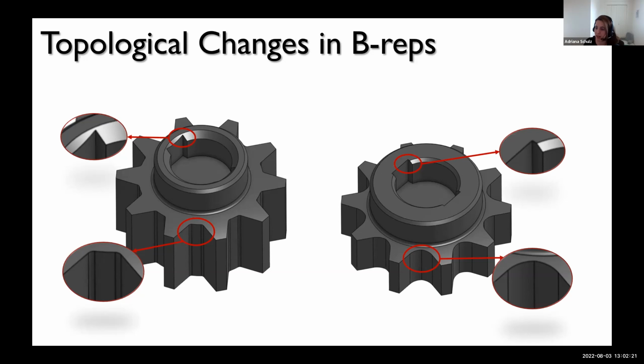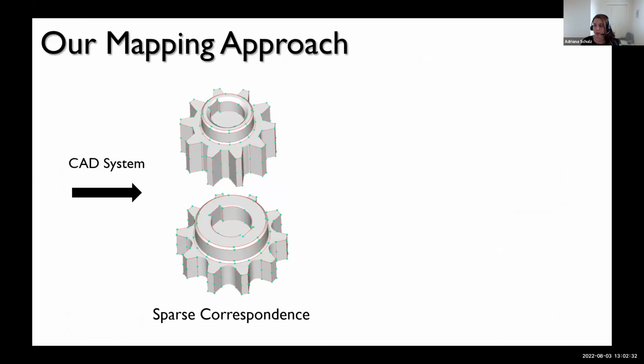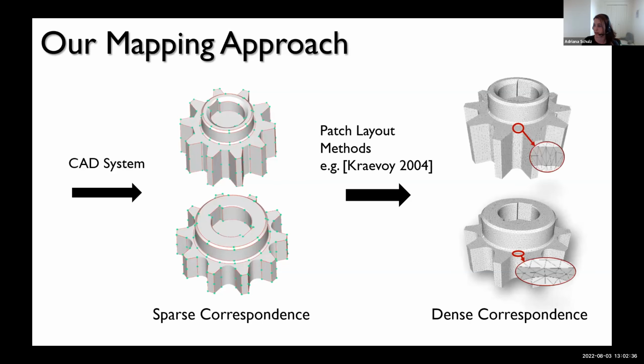So we can't guarantee that every single vertex, for example, of this BREP will be there. So we don't have full correspondence, but we can have at least partial correspondence in terms of the BREP that gives us a sparse mapping. And then we can leverage this with geometric algorithms that can now help us do this interpolation.